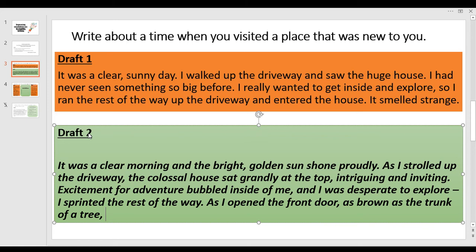And again, if something smells strange, how can we articulate that? An unfamiliar smell. Use a bit of personification here. Entered, obviously, entered my nostril. Obviously, a smell cannot enter one's nostril, therefore we've got the use of personification again. Okay, so there we have it. There is our improved draft.